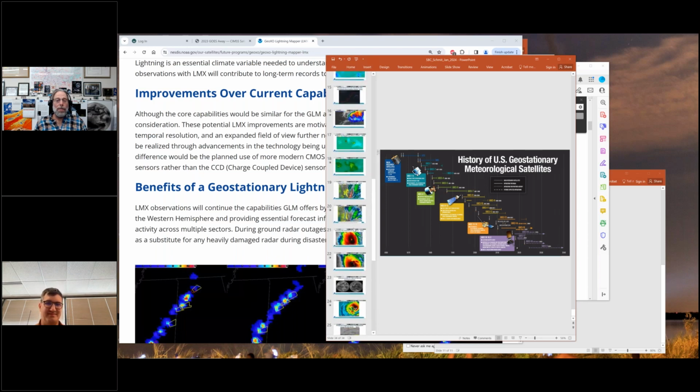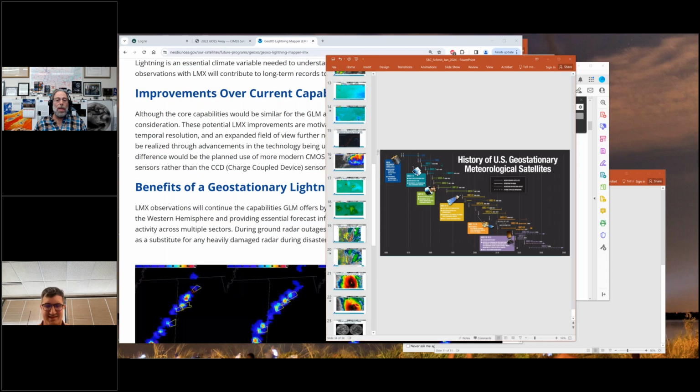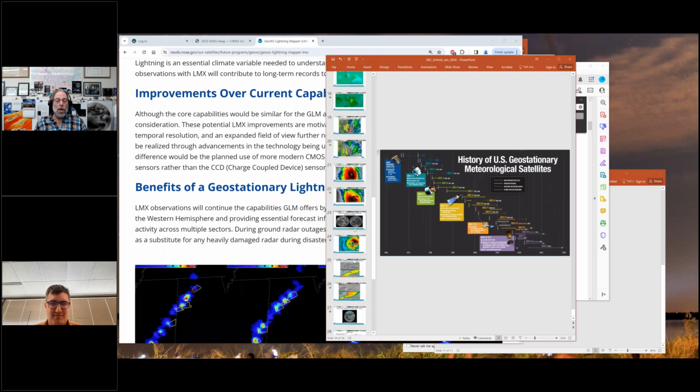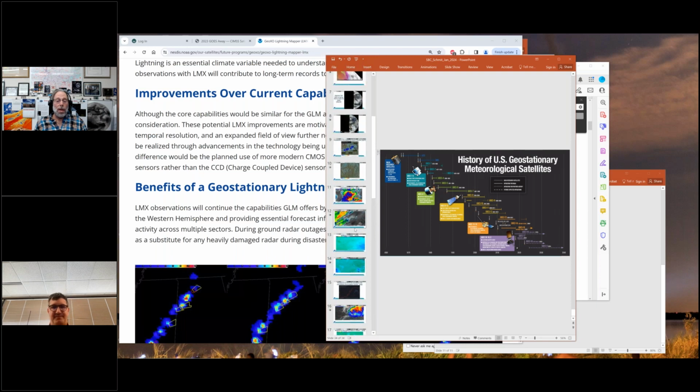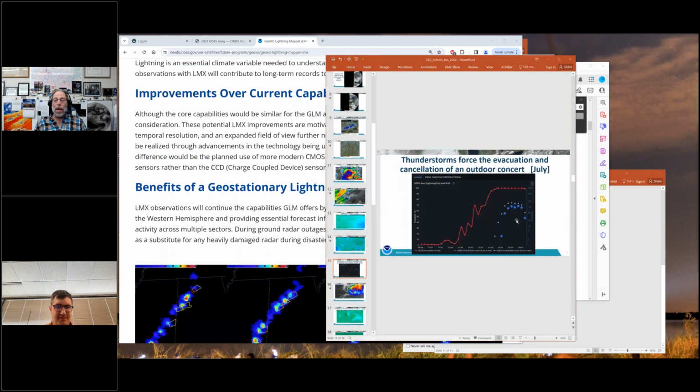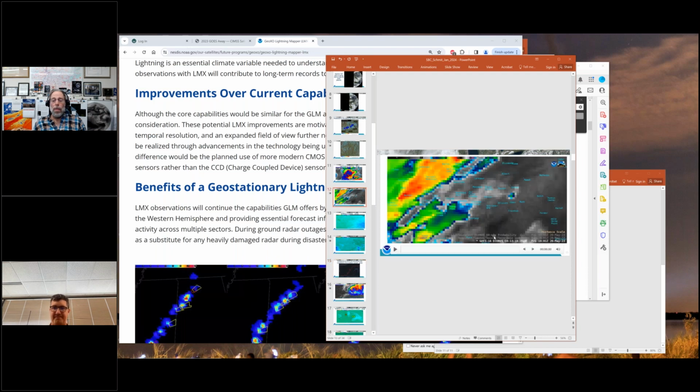Well, I guess I'm a little bit confused because I thought we did. So I guess maybe it depends on which case we're talking about. But for example, this is a lightning case, and it's showing when the GLM started to have it, and it shows its count here in blue. And then in the subsequent loop,